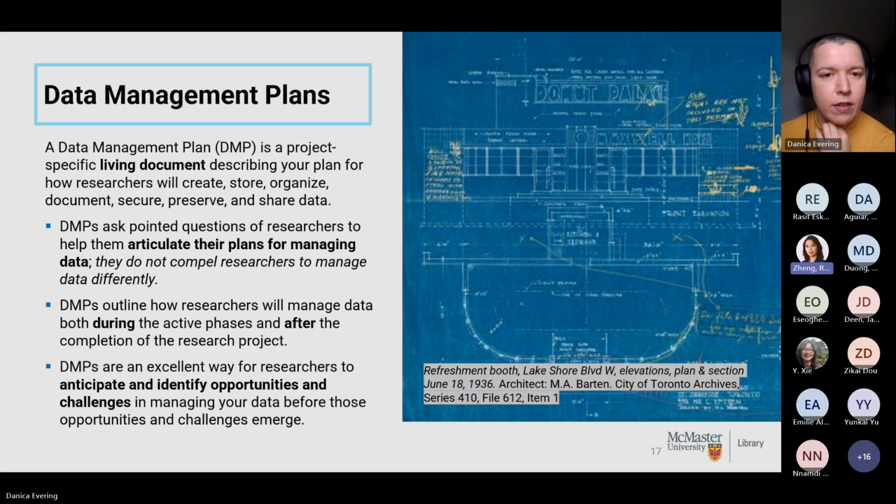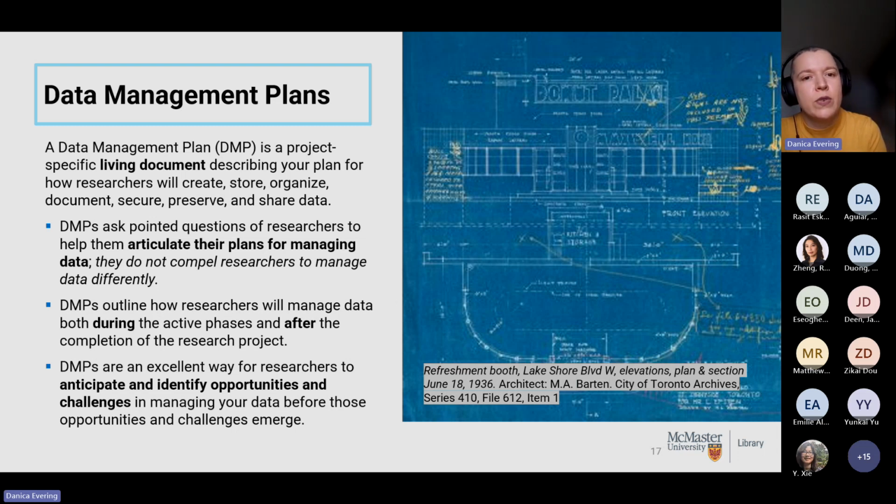So the DMP Assistant is some kind of government portal for data management? It's not a government portal, but it's a tool that is available to researchers, organized by the national platform. It has been approved by the tri-agencies for use for the requirement. So does it contain the entire workflow? I'll show you in a couple slides what it looks like, because it's essentially just a form, but it's a fancy form that has the right questions, and then there is some guidance along the side specifically for McMaster. Okay, thanks. That's a great question.